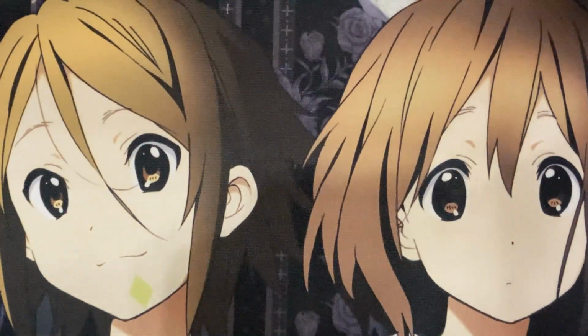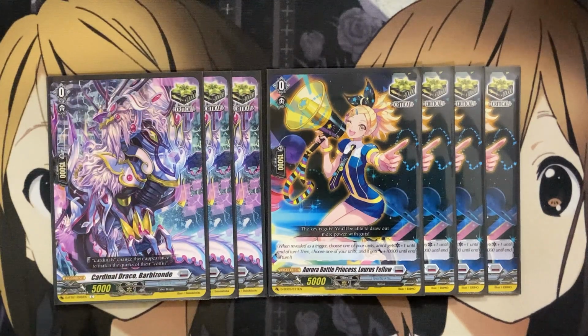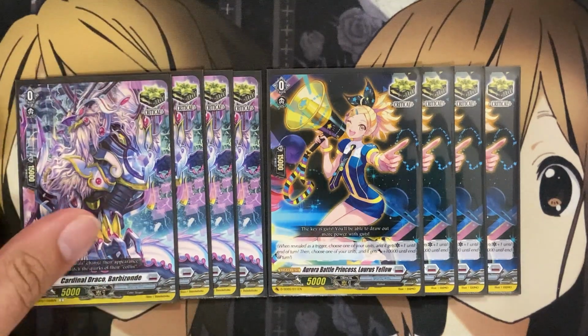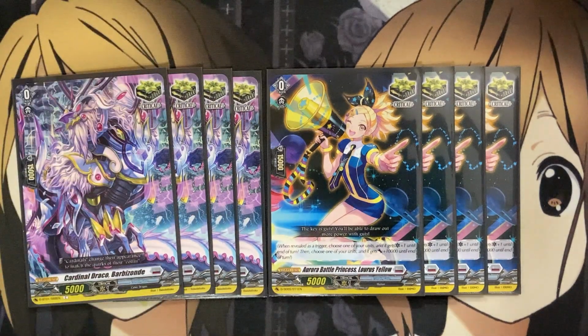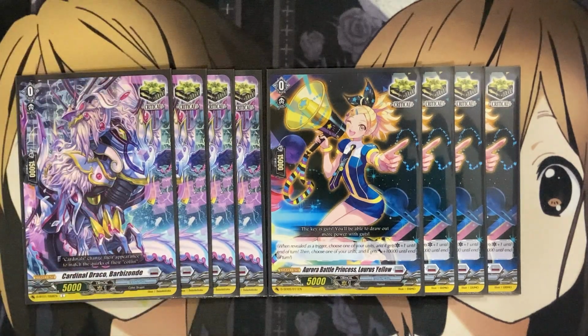For the trigger lineup, I decided to go with the 7 criticals. So 4 Aurora Battle Princess Le Rouge Yellow, and also 3 Cardinal Draco as just the additional criticals, since they're the only ones we have for Brandt. I thought of running fronts, and actually I made a mistake. We're running the 4 because I decided to change the number for the draw trigger. If you want to run front triggers, you can always take out the next trigger lineup for some additional fronts,